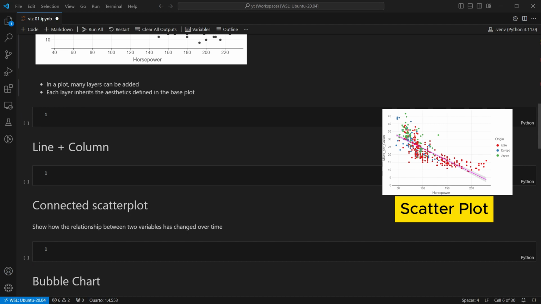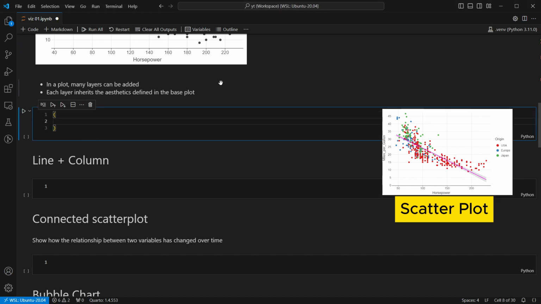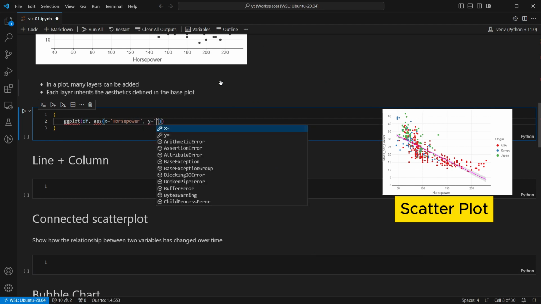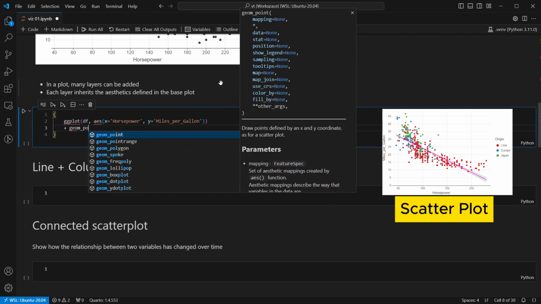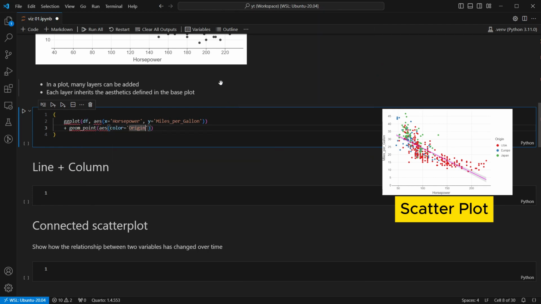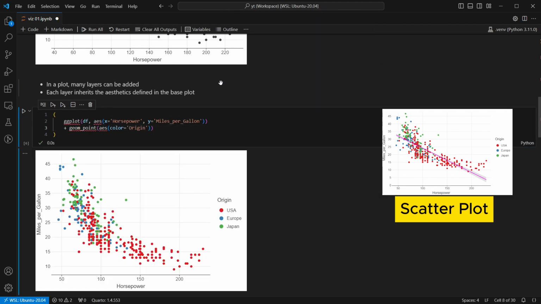So let's see how we can do that. First, we define the base layer again using ggplot. And we define the aesthetics here in the x-axis again, same horsepower, and in the y-axis we have miles per gallon. Next, we add the same geometry point with color origin. Let's run this. So now we see the same scatter plot, but now it's also colored based on the origin